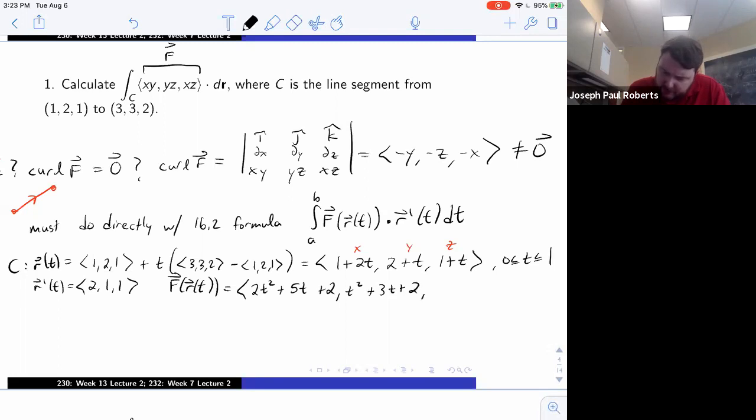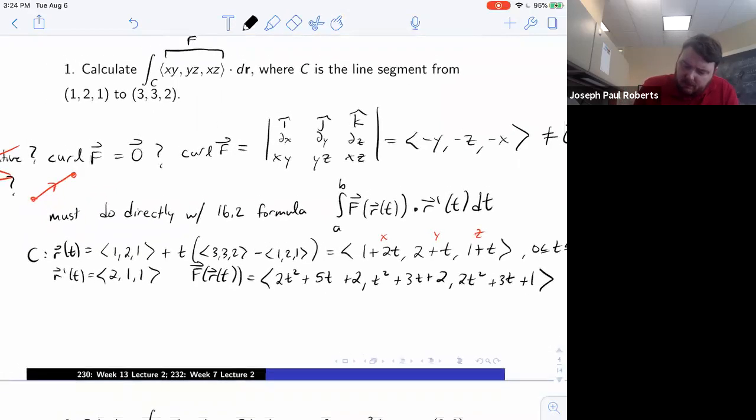And then xz is going to be 2t squared plus 2t plus t, so plus 3t plus 1. So F of R of t, just replace x, y, and z in your vector field F. Then we do